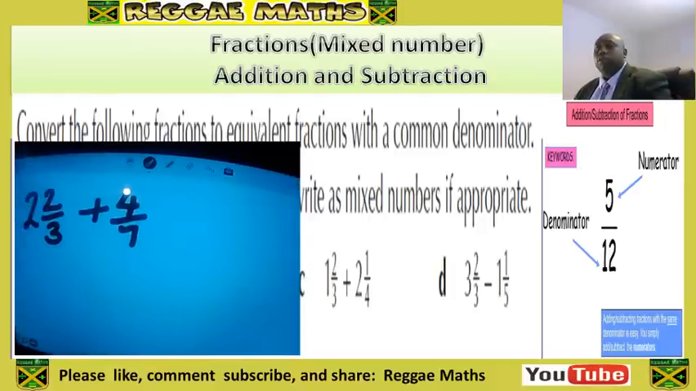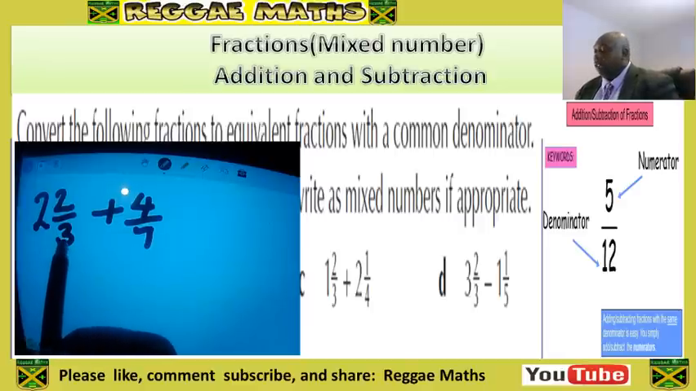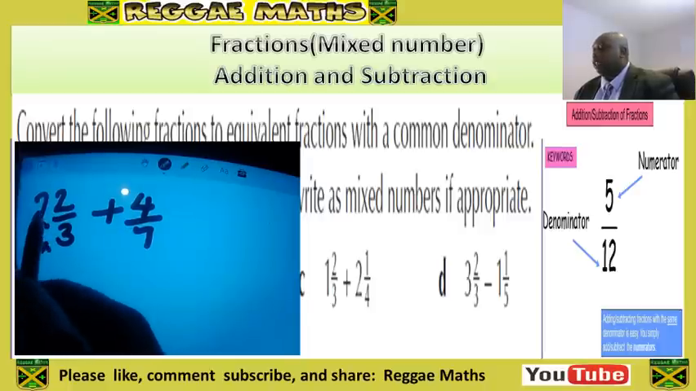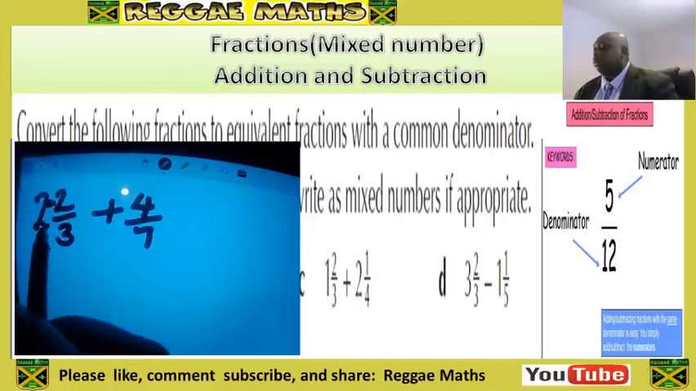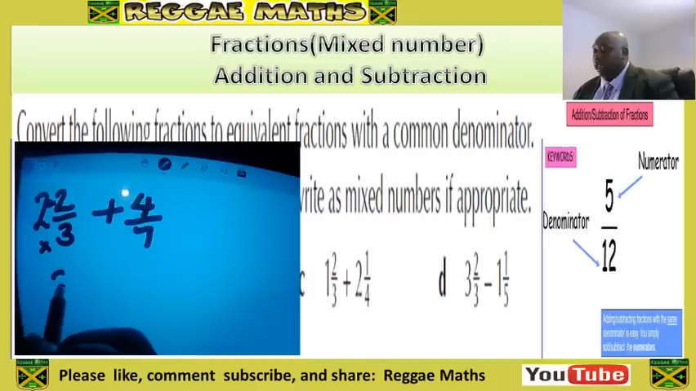So if I go through the steps now, I can see step 1. We got a mixed number. Before you can add or take away fractions, get rid of the mixed number. So step 1, to turn the mixed number into top heavy is bottom times side add top. So you got 3 times 2 is 6, add 2 is 8 over 3, and plus